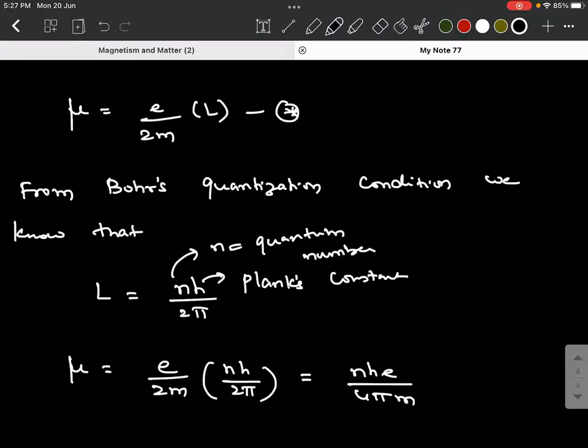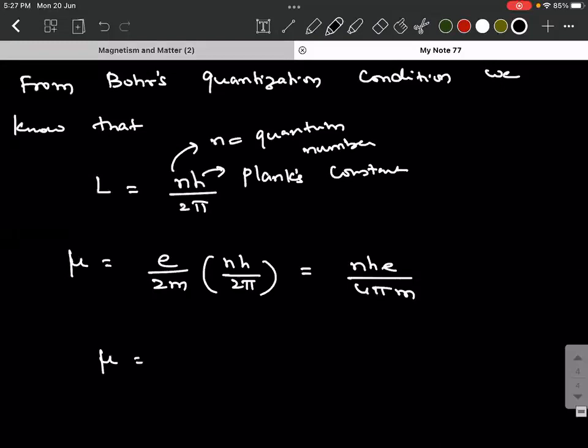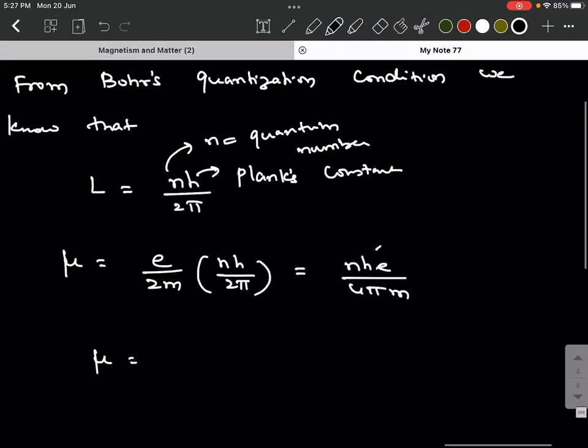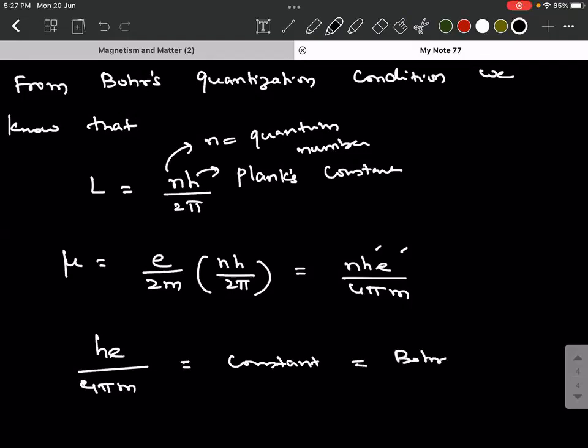If you see, in mu, n can vary from place to place because it depends on which orbit the electron is present. What about h? It's a constant. Charge of an electron is a constant. 4 pi is a constant, and mass of the electron is also a constant. So can I say this h into e divided by 4 pi m is a constant, and this constant is given a name, Bohr's